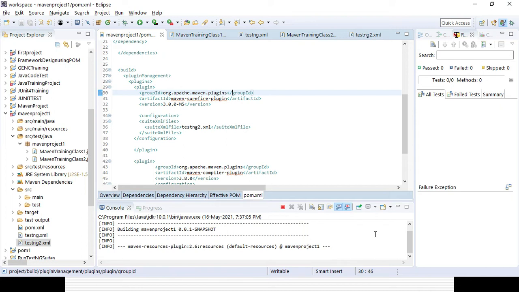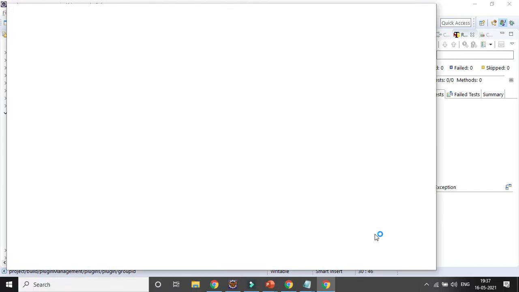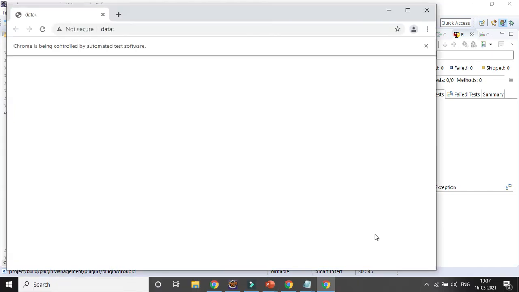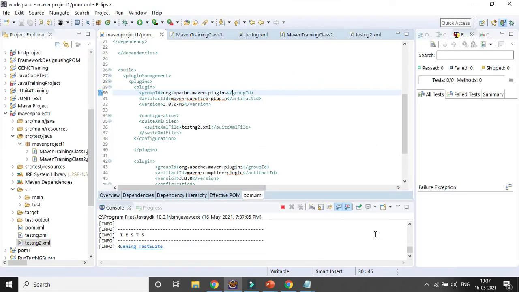So that's why you can create multiple testng files, right? And based on the requirement, you can update the pom.xml file with the relevant path. So you can go as per the requirement. I will show you how the profiling concept comes in, so that you can understand the real importance of Maven. It is not only for clean, compile, test and packaging. It also has a lot of advantages.